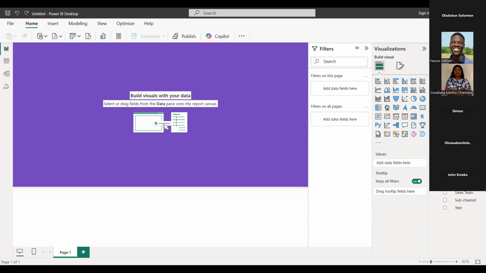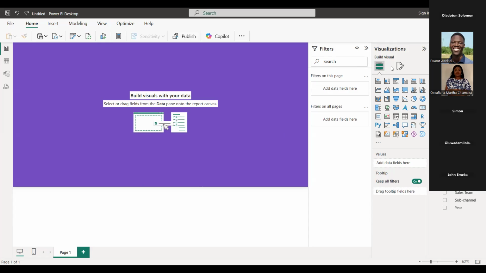The first thing is to understand if you already know the amount of questions you'll be answering, then you can decide, okay, I want to make this as large as it can get so that I can fit in as many visuals as I can. Also, as you can see, with this report, you cannot just expand it width-wise, you can also expand it height-wise.